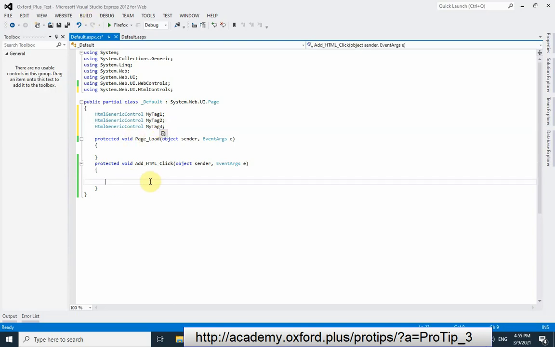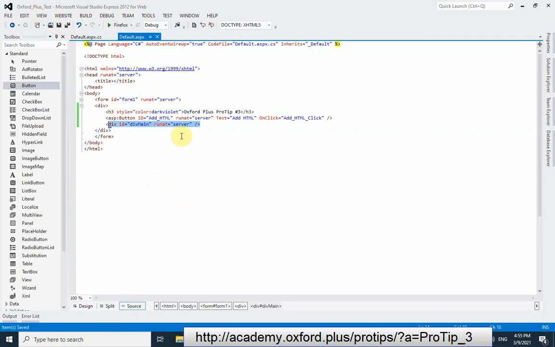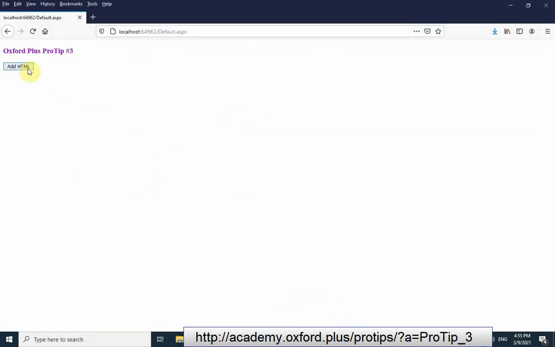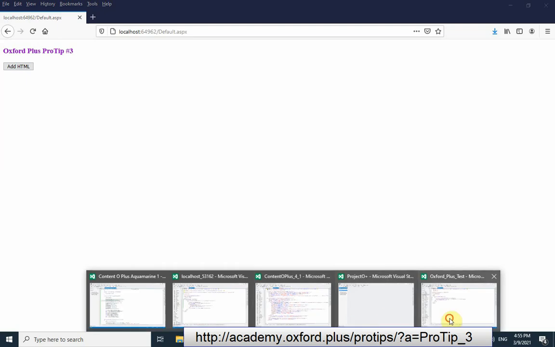Well, now we have 3 instances of this class, and inside the on click event of this button, I mean the Add HTML button, this one,